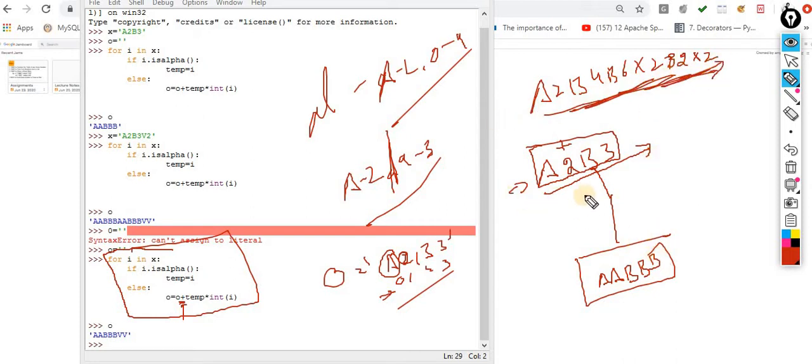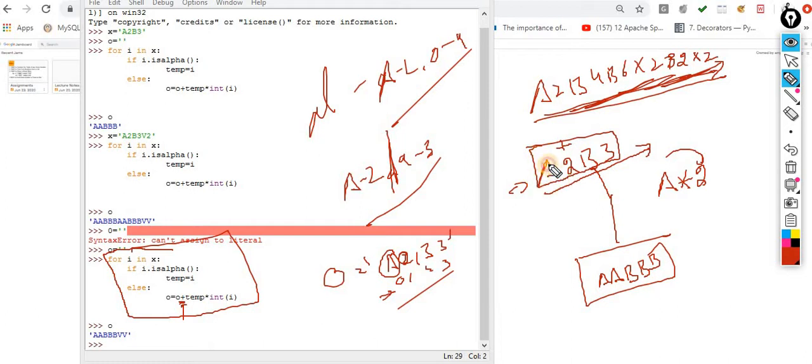Now my requirement is, first I have to iterate over all the data. Whatever digit comes after the character, you have to multiply that character with that digit. Now I am repeating once again.